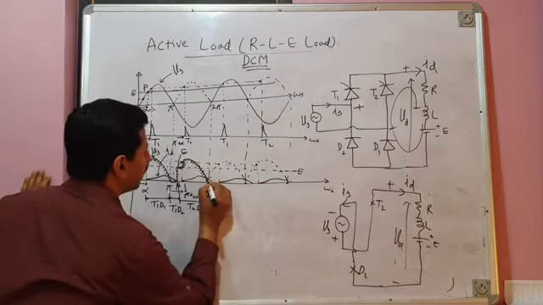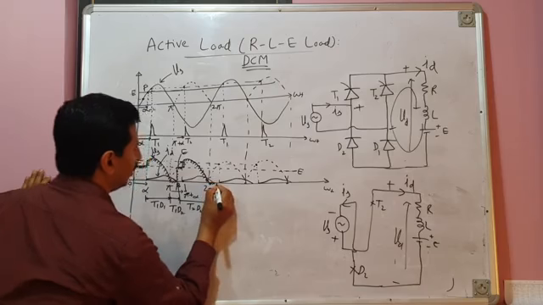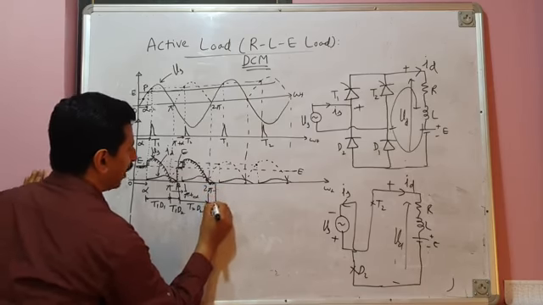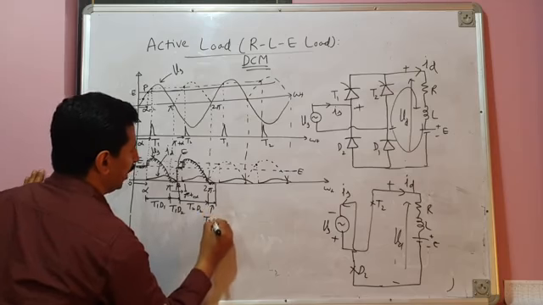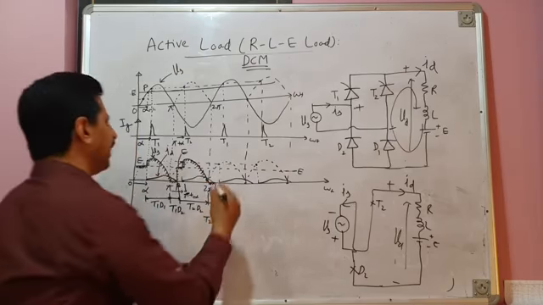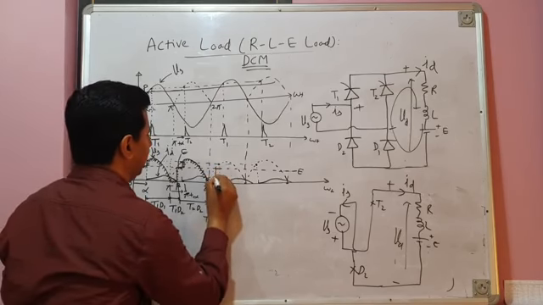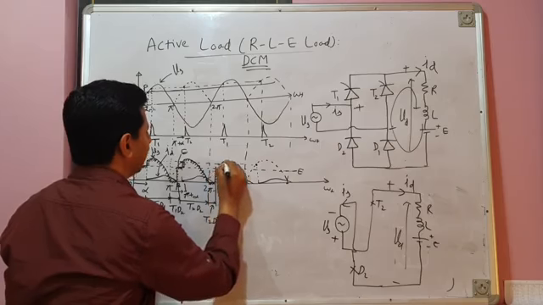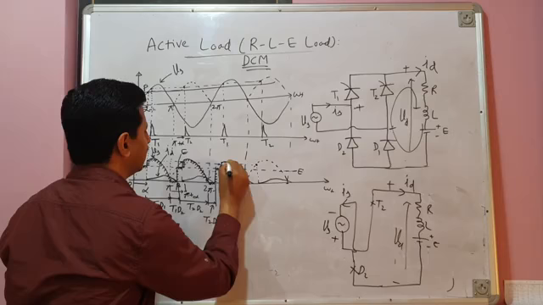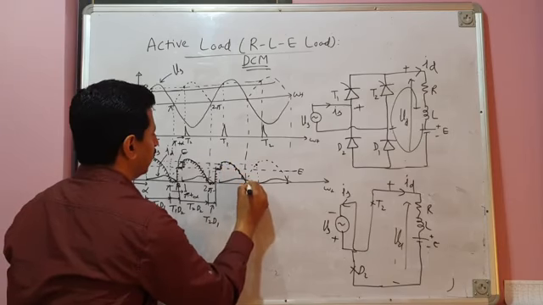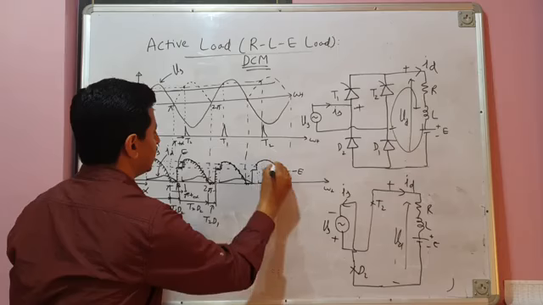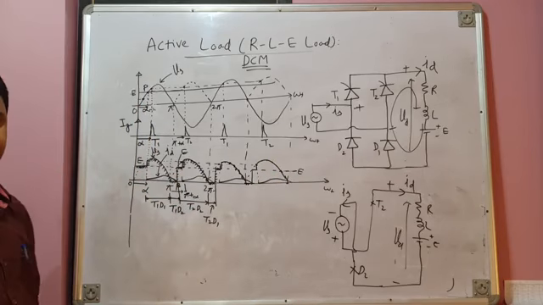So therefore there is freewheeling action again from 2 pi to 2 pi plus beta. What is the pair of devices which is conducting? T2 and D1, and load voltage is 0. And then the cycle repeats. After that, your load voltage again becomes equal to E, and then again the positive half cycle of source voltage, and then again this. So this is the nature of load voltage.